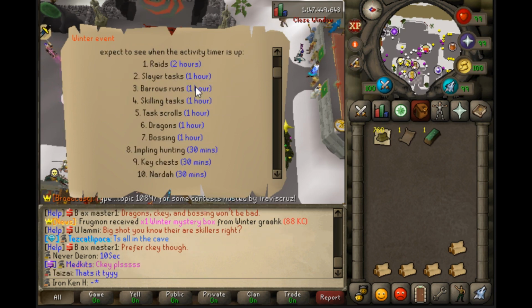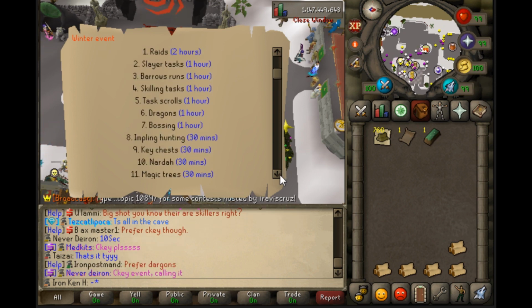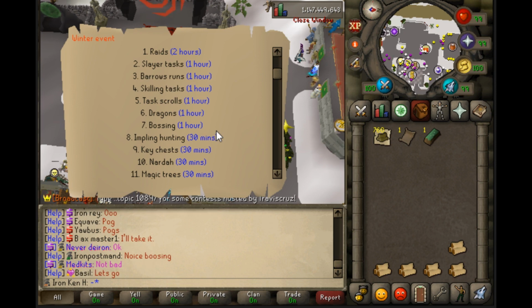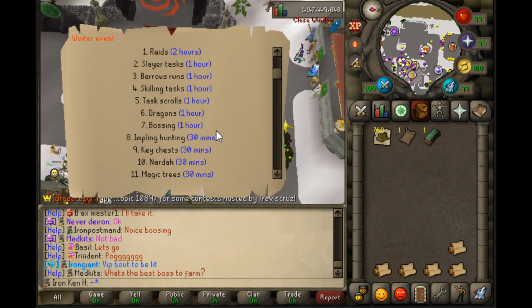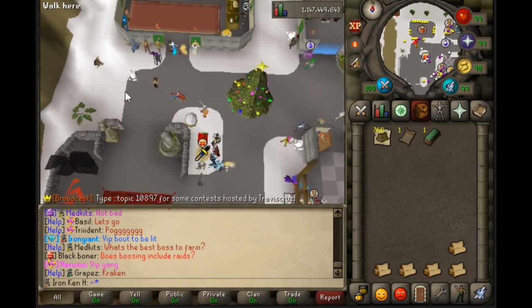So you can see we have different events. Every 30 minutes to an hour, things will change. This event list is the same as for Halloween. So it's not that different, but they did raise the reward you earn from the Magic Trees event because the Magic Trees are a balancing act with the events. As well, if we look over here, we have snowballs, and